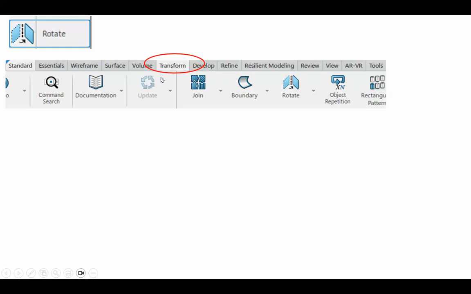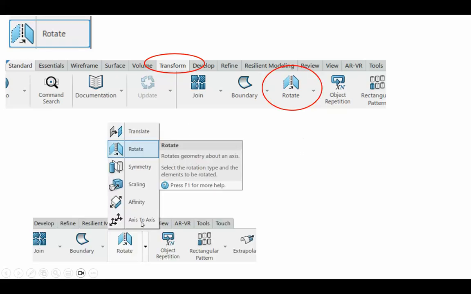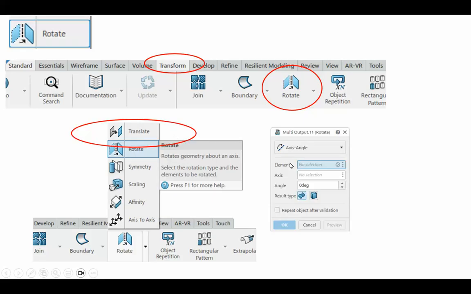there is a menu tab which says transform, and if you select that, you get a pull-up menu which gives you the opportunity to use several functionalities. I have already done axis to axis, affinity, scaling, and translate, and now we're going to do rotate. When you click on the rotate icon, a dialog box opens up, and there's a pull-down menu